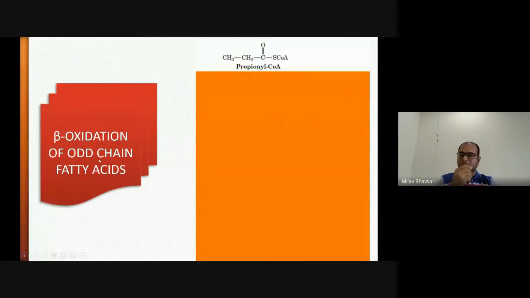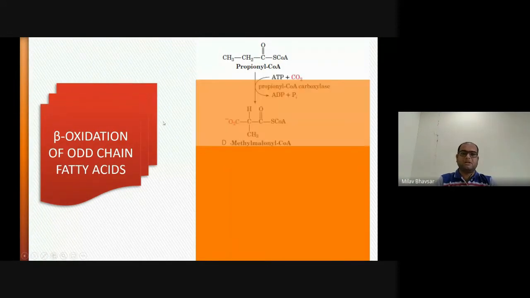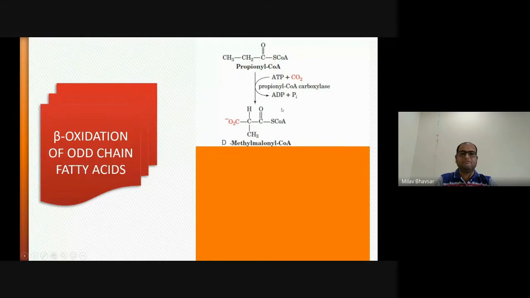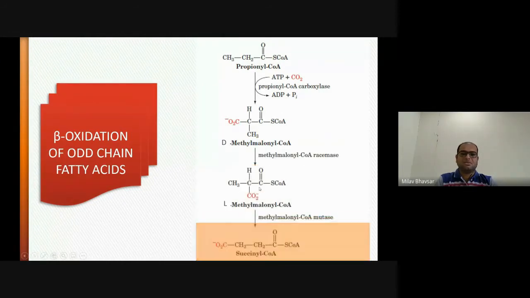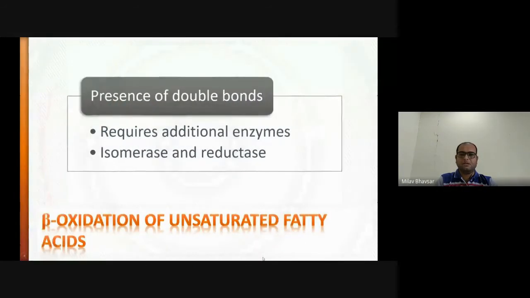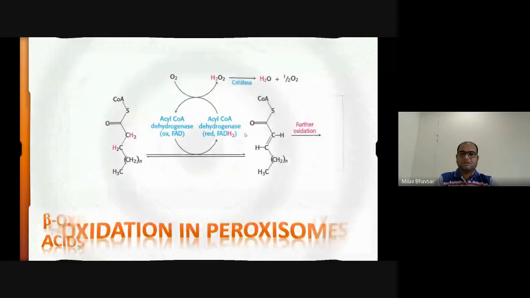Once we go through the beta oxidation of regular up to the end, once we reach the propionyl coenzyme A, carboxylase will add carbon dioxide, which we utilize with the help of ATP, generating methylmalonyl coenzyme A, which is then going to convert into succinyl coenzyme A. Okay. Now, if you have unsaturated fatty acids, it will require some extra enzymes converting into